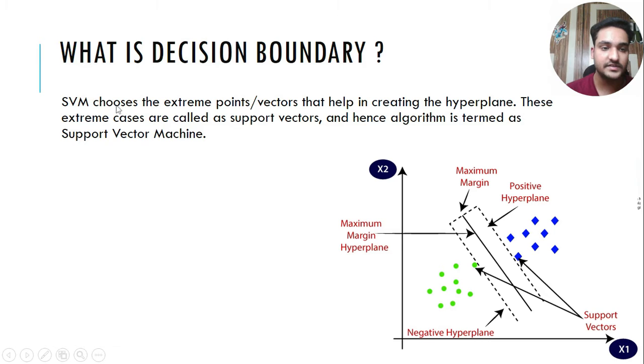So what does SVM do? In a simple example, if we have two categories of data, then it will create a strip, or you may say the most extreme lines of the two data sets. These are called support vectors, the most extreme points of these two categories, and the distance between these two lines is known as the margin.